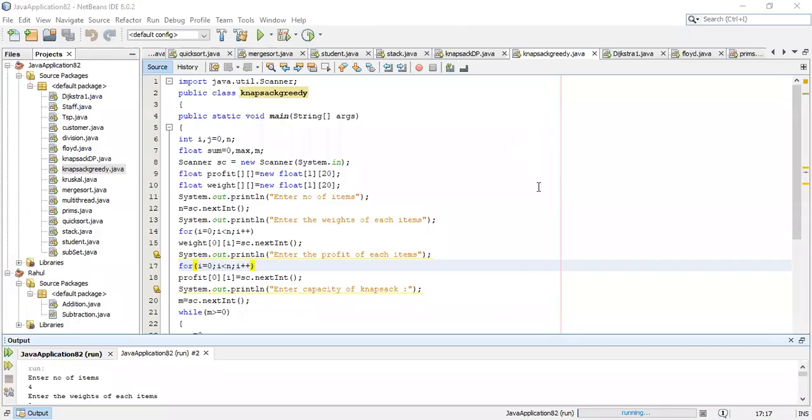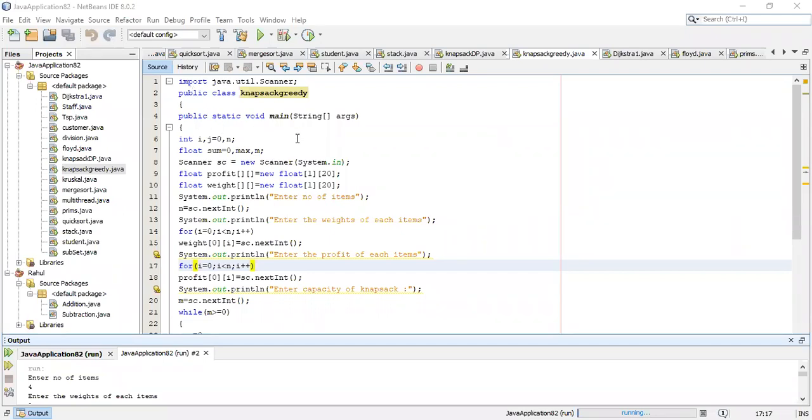Now I'm going to share a new screen. So now I have shared the screen again.